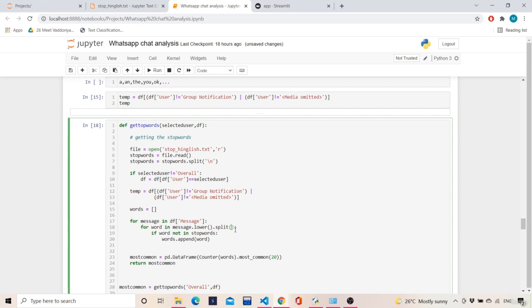So the message will be: please, comma, attend, comma, all, comma, classes. Please, comma, attend, comma, all, comma, classes. So these are the 4 words. Now in these 4 words, what I am saying is, if a word is not in stop words, that means first I